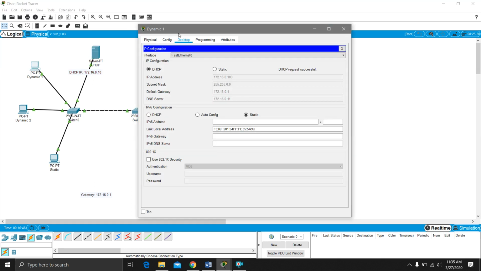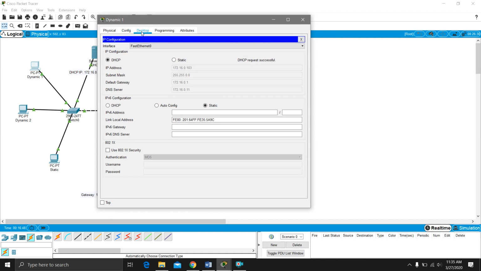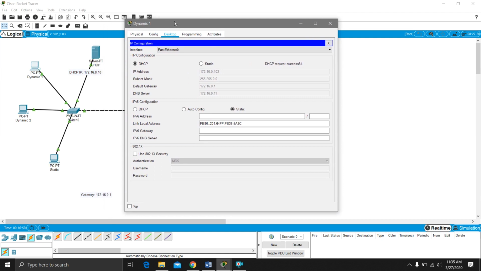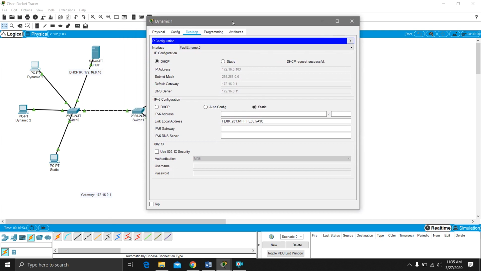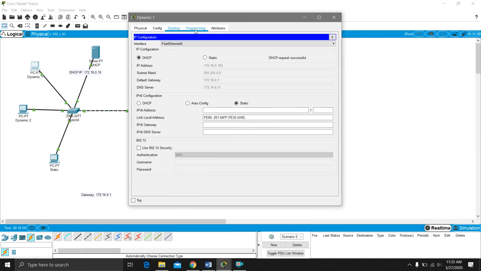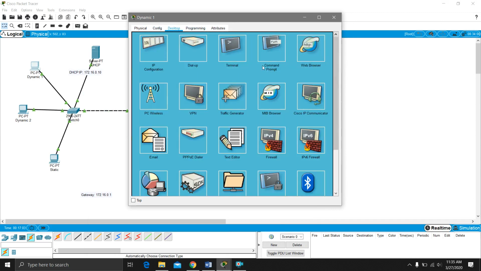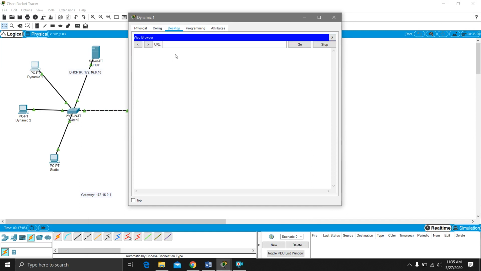So our PC1 here, the dynamic configuration, it gets the IP 103. Okay, so let's start accessing our website. Web browser, then type our www.amaes.edu, and then